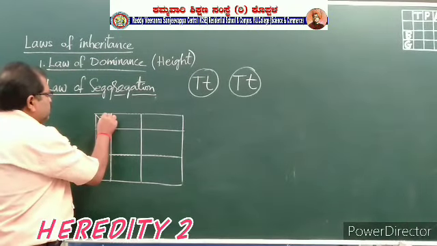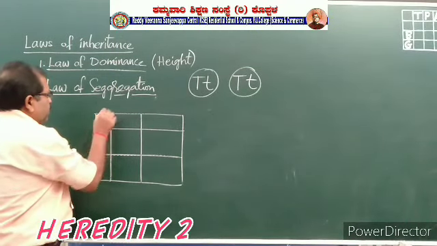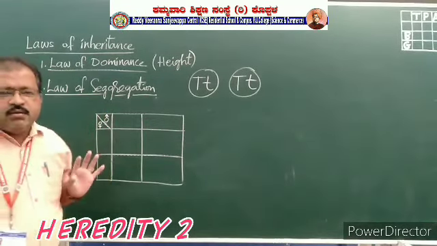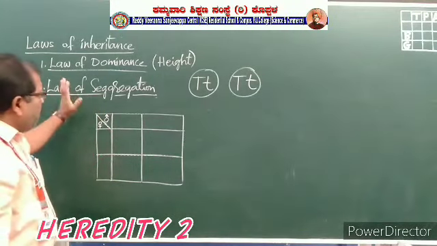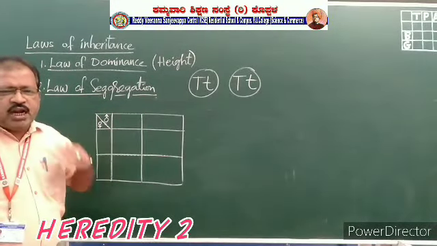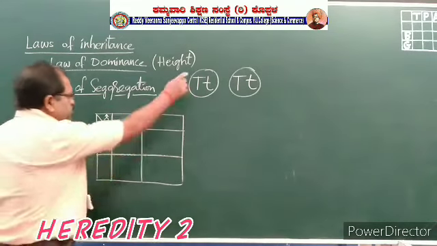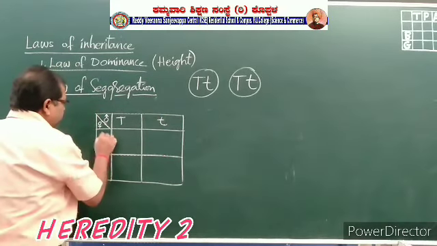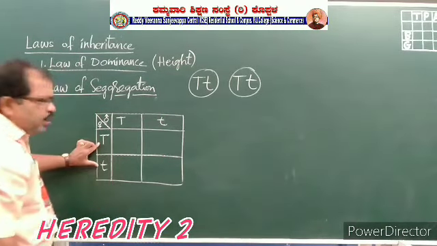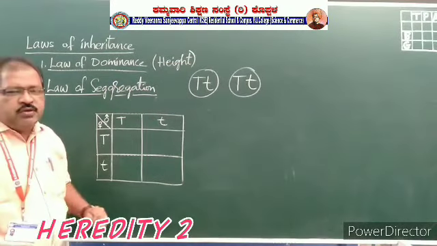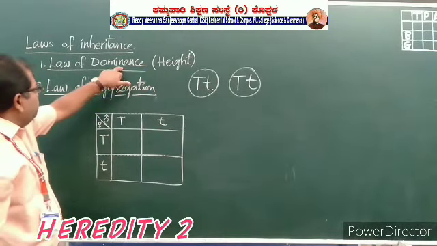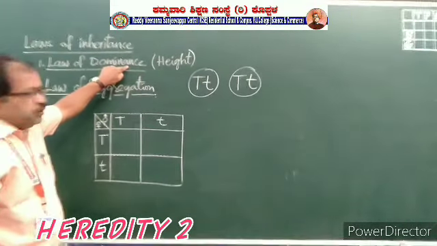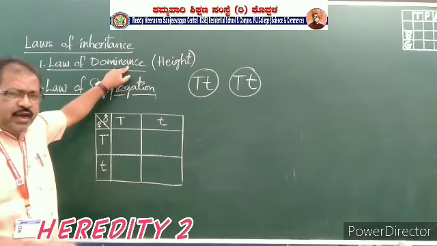So, the male organism and the female organism, these two we have taken for our experiment here, that is the law of segregation, to prove the law given by Gregor Mendel. That is capital T, small t, capital T, small t. This is the female organism and this is the male organism. Whatever resulted plants came from the law of dominance, those we have taken